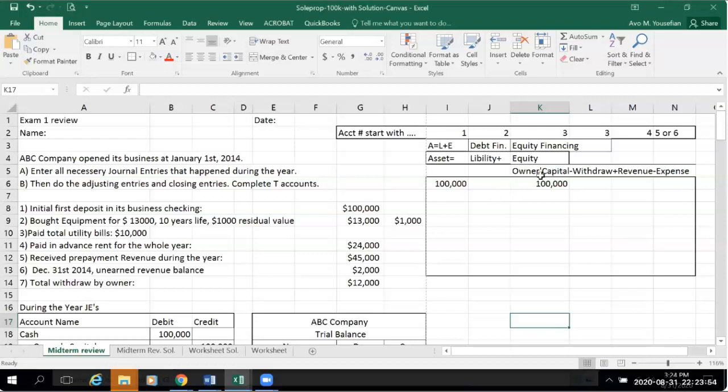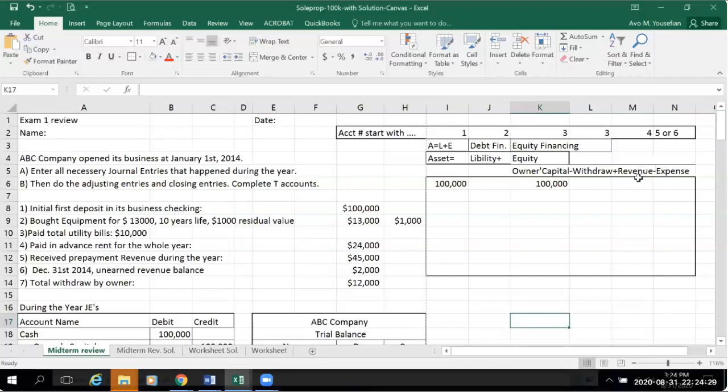And okay, owner's capital, but the equity goes down if the owner withdraws from the account. So if the owner withdraws from the checking account for personal reasons, that will be a negative impact. Plus revenue, minus expense. So in order to increase equity, there are two ways. Either you use an outside source, like capital from owners or shareholders, or an inside source, which is revenue minus